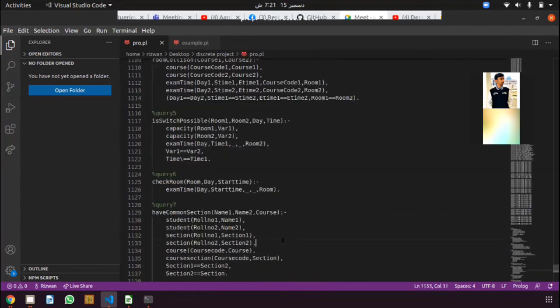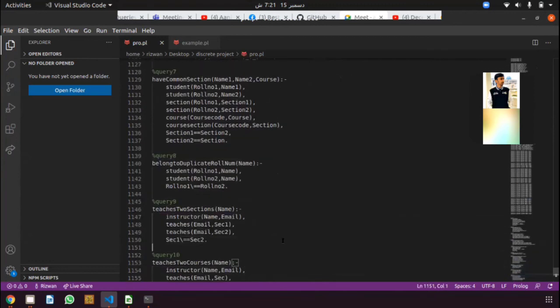So now move to query number 8. The name of the query is duplicate roll number. There is only one parameter for this query. This query checks whether there are any two students of the same name in the batch.